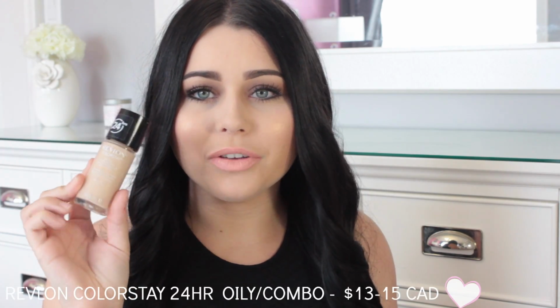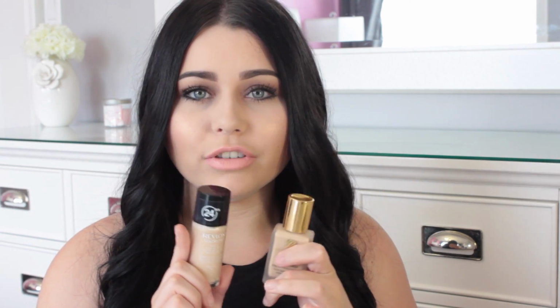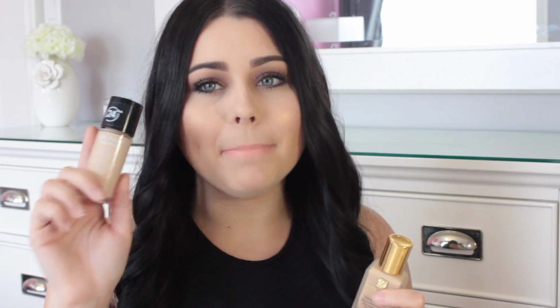My best dupe and alternative that I personally have found for it, and I actually realized was in my collection, sitting right there in front of me, is the Revlon ColorStay 24 Hour. I feel like these compare a lot in terms of texture and longevity and coverage. They will both give you full coverage, oil control all day, and they will both last long. The only difference between these two, I would say, is that maybe the Revlon is a slight bit thicker,